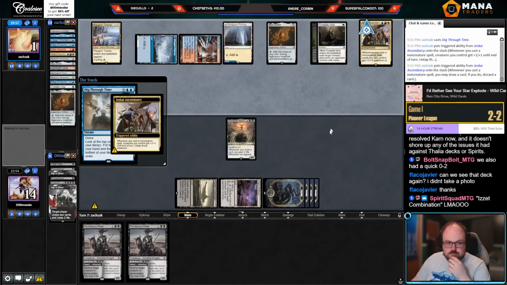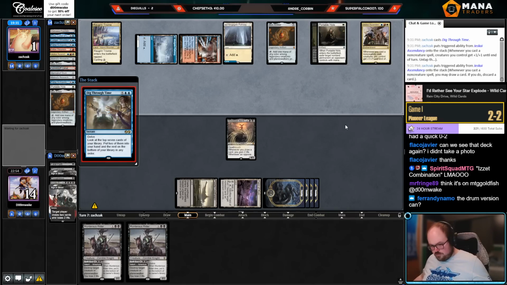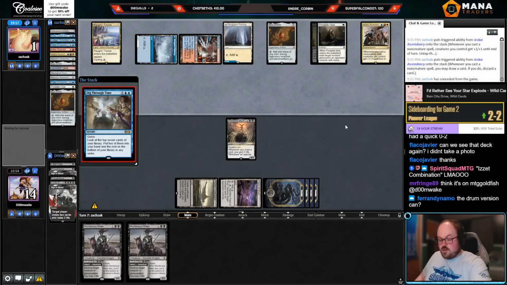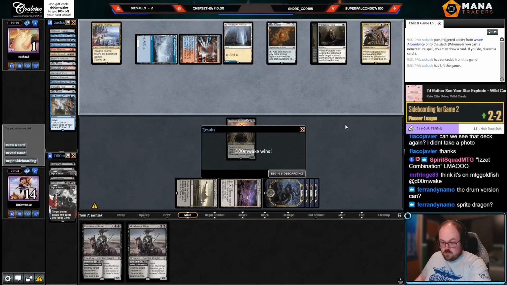Oh, that's bad. Can they combo without drawing cards, though? Probably can. Maybe I shouldn't have let them draw 2 cards, huh? I mean, that was the content play. Yeah, it's probably on Goldfish, too. A drum version can? Well, they need a haste creature off of Helix, right? So, here's my thinking. The only way they can kill me, at least from my understanding, is they need a creature with Helix and a 0. But the only way that they can give their creature haste is Bitter Reunion. And if they cast Bitter Reunion...